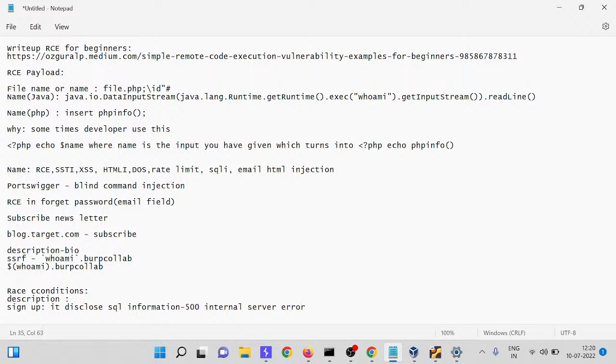I found in an application when I tried race condition on a sign up page using a single email: once one is created, the second one at the same time gave me a SQL error disclosing the table name, database name, and also the column name. So you can try race condition on the sign up page, and the same on coupon codes,